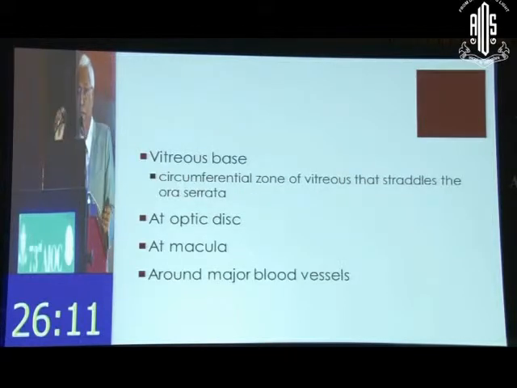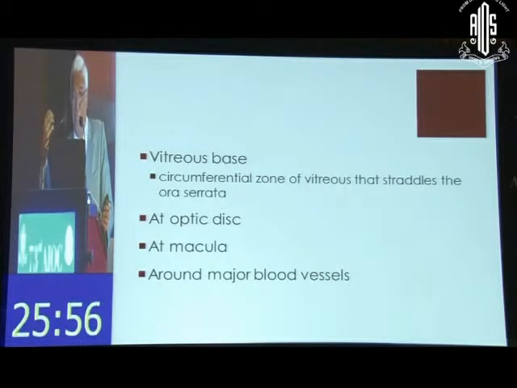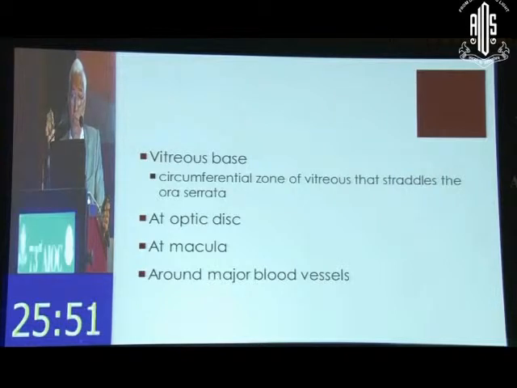Well, the vitreous base is the first, because it's the strongest attachment, where you cannot really physically remove the vitreous from, even during surgery. You tend to debulk the vitreous but don't remove it. Yes, accidentally it can happen with blunt trauma, the vitreous can get dialyzed or avulsed. But deliberately, when you want to remove the vitreous from the vitreous base, it's almost never possible, except when you excise the retina with it. So it's a circumferential zone which straddles the ora serrata.